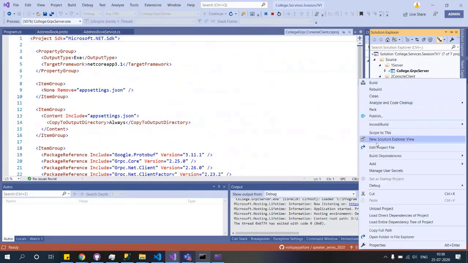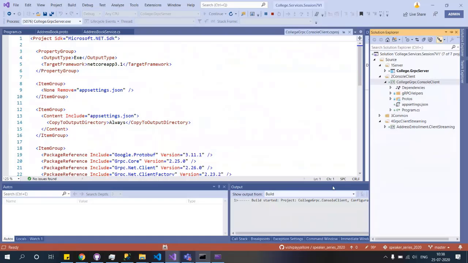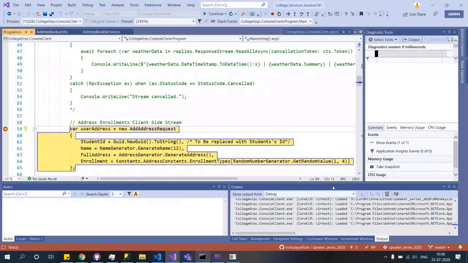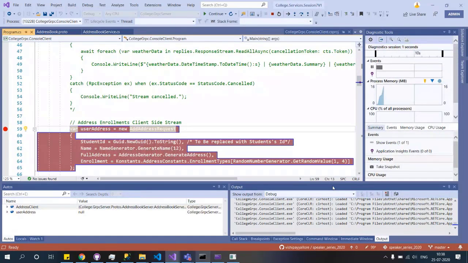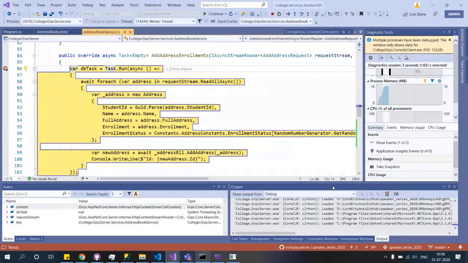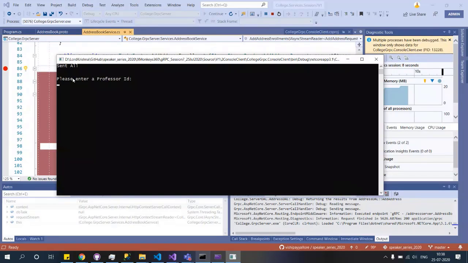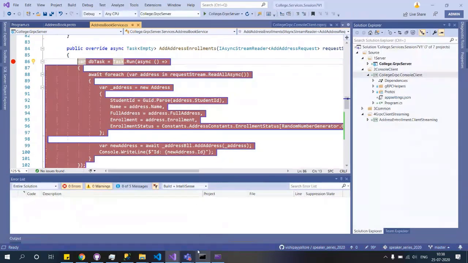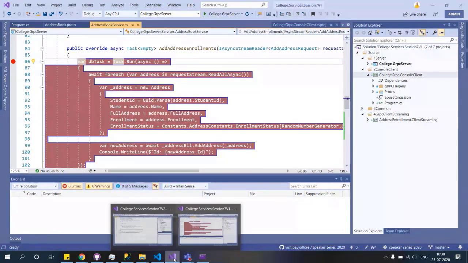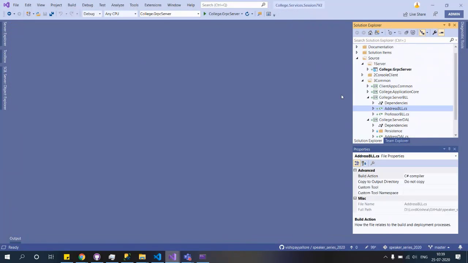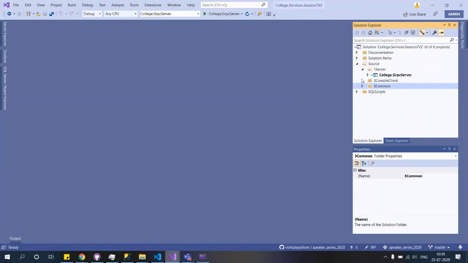So let's quickly execute this guy, the client streaming, and then we'll paste it. The server streaming will also work. Let's see that in a moment, because actually it was my mistake. I did that. Let's quickly go and see that it is coming in, and it has added the, see this, sent all. That means it has added. So just to avoid the confusion, let me close this window. And let's bring in that client piece of code, whatever we wrote in V2, into the V1 solution also. So that means we have everything in one location.